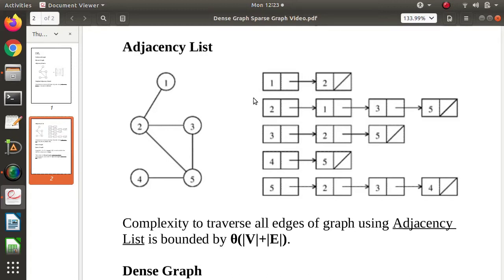But what is the problem here? Look at the sizes. This is very small compared to this. Here there is a single edge, two vertices and a single edge. While here there are four vertices and three edges. Now see, if we allocate this to one process, and this to another process, what will happen?